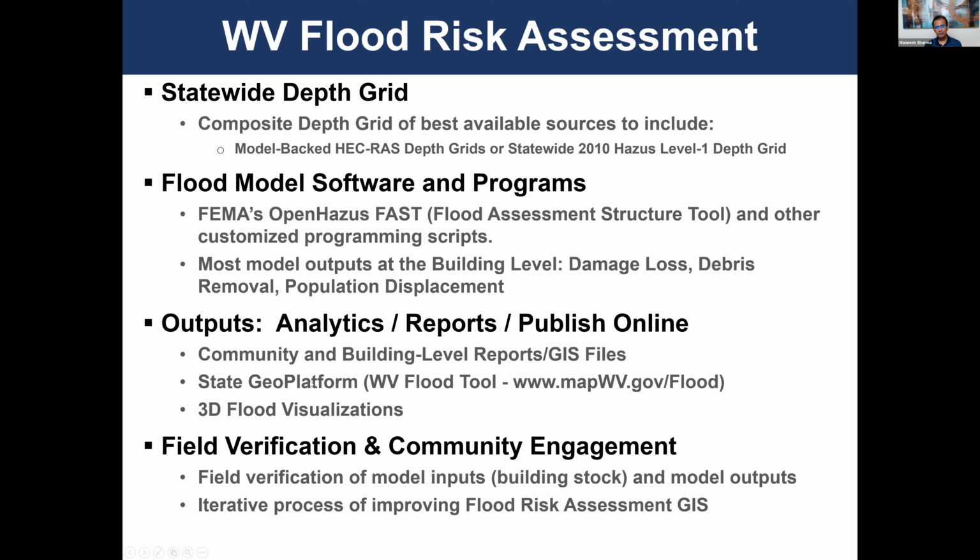Once we are done with this part, then comes field verification and community engagement. We are trying to coordinate and talk to different communities in the state to get their feedback and to improve